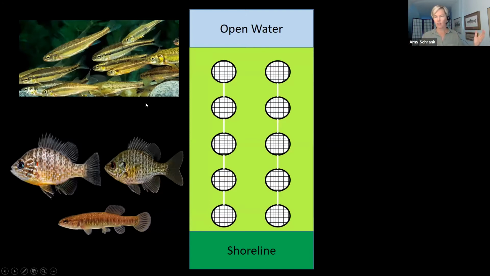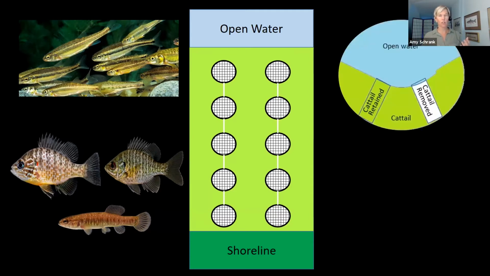So extending this out over a longer period of time, if we're losing minnow communities as we get increased invasion of hybrid cattail, this is likely to have an effect on game species. So that's something we're really interested in. We'll of course get a better sense of this when we actually sample our cattail removed sites. Remember, this is just cattail retained. We haven't looked at any removal yet. We'll be interested to note how the fish community changes. Will we see minnows come into these removed sites? We don't know. We'll have to wait till next year to see about that.